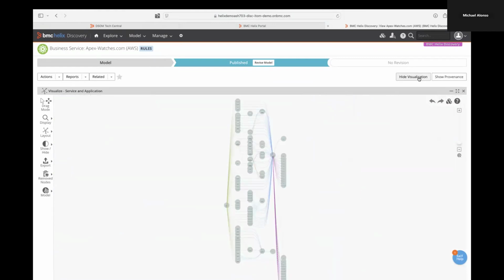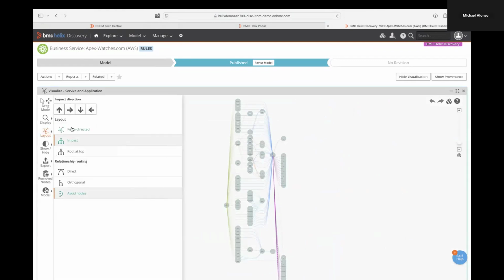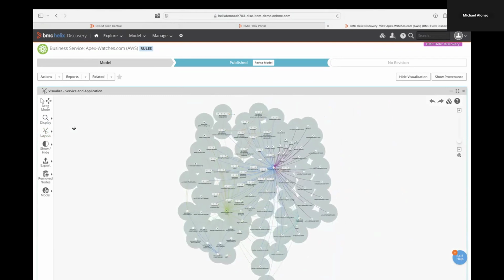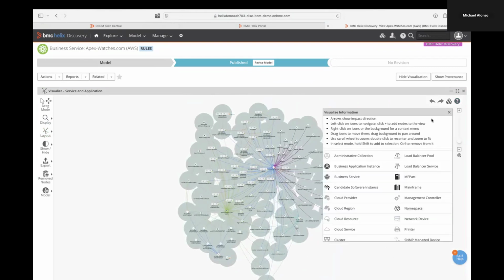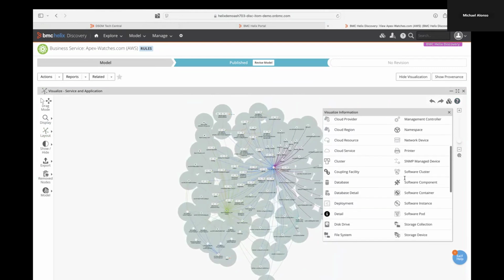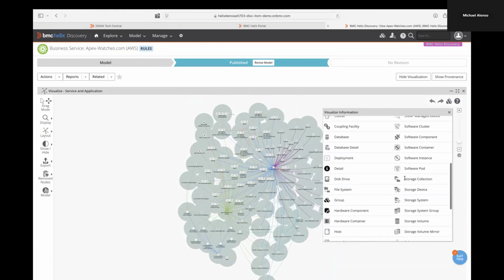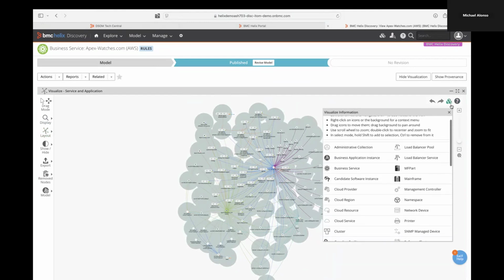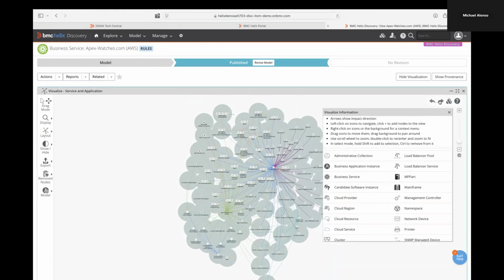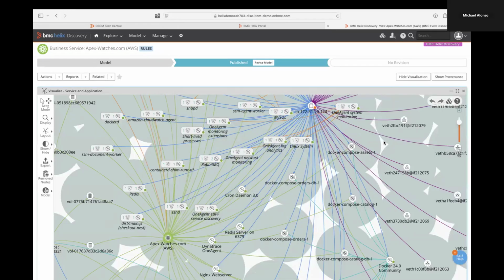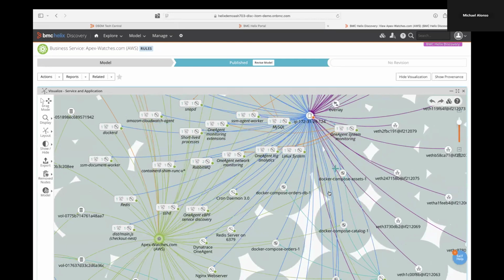So what the system is doing is actually creating a map for us. Typically speaking, I work with things in force directed mode to start with. And I will zoom in for everybody. You can see here, just really quickly, we have a legend to tell you what all the different icons mean and all the different connection points mean. And it's going to build out this service for us. We're going to do one live here in just a second. It's not going to have quite so much, a little bit easier to understand.